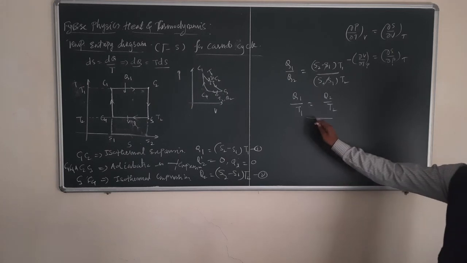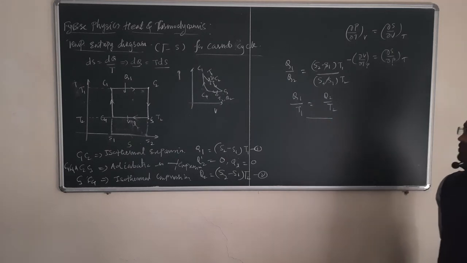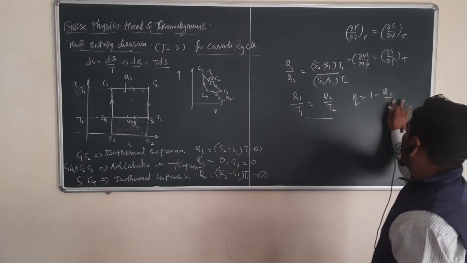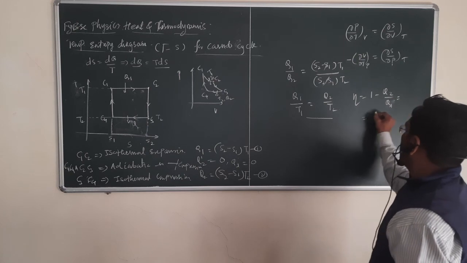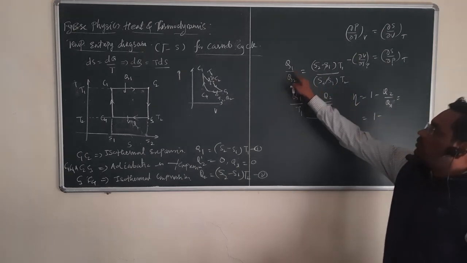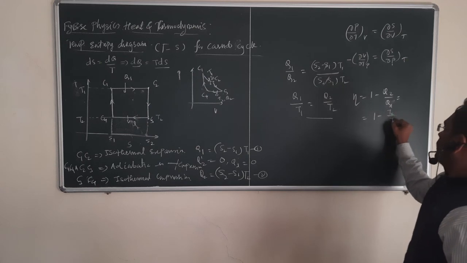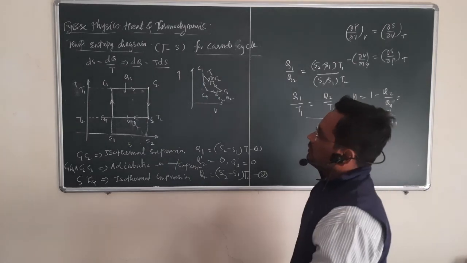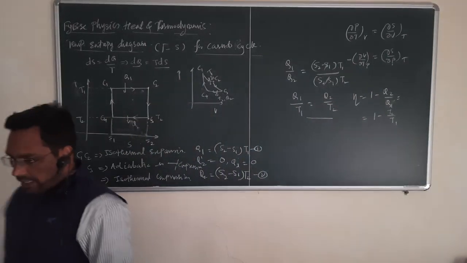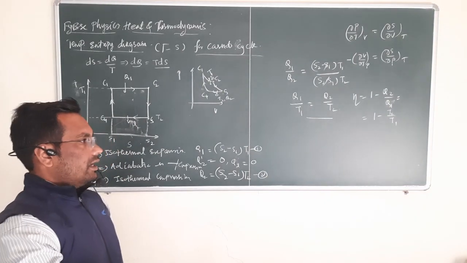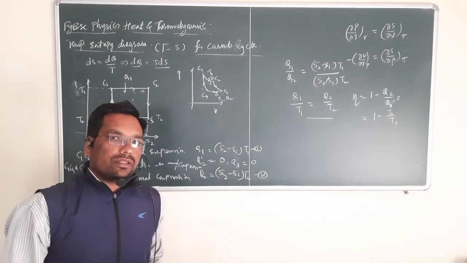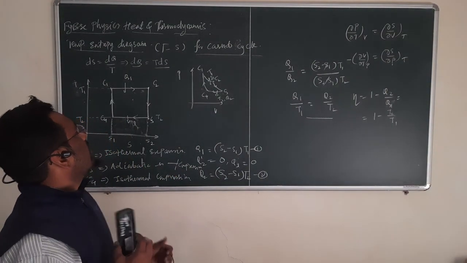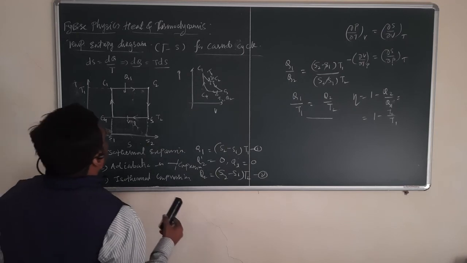I already told you about this equation, and we can derive that equation. The efficiency of a Carnot heat engine is 1 minus Q2 divided by Q1. So that is equal to 1 minus, if you write Q2 divided by Q1 as T2 divided by T1. So this is the equation for efficiency. So in this way, the TS diagram is very useful for calculating the amount of heat energy absorbed or rejected during any thermodynamic process. Now we are going to study the next point, which is the TDS equation.